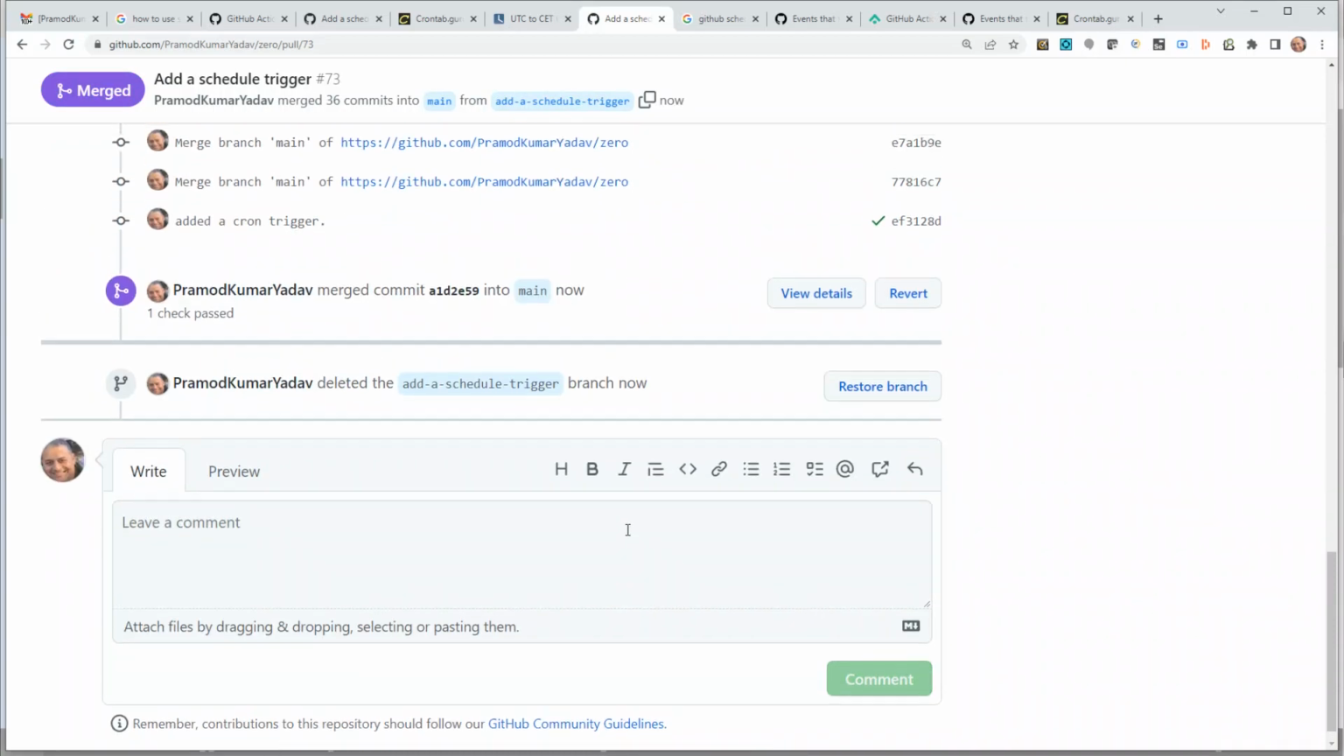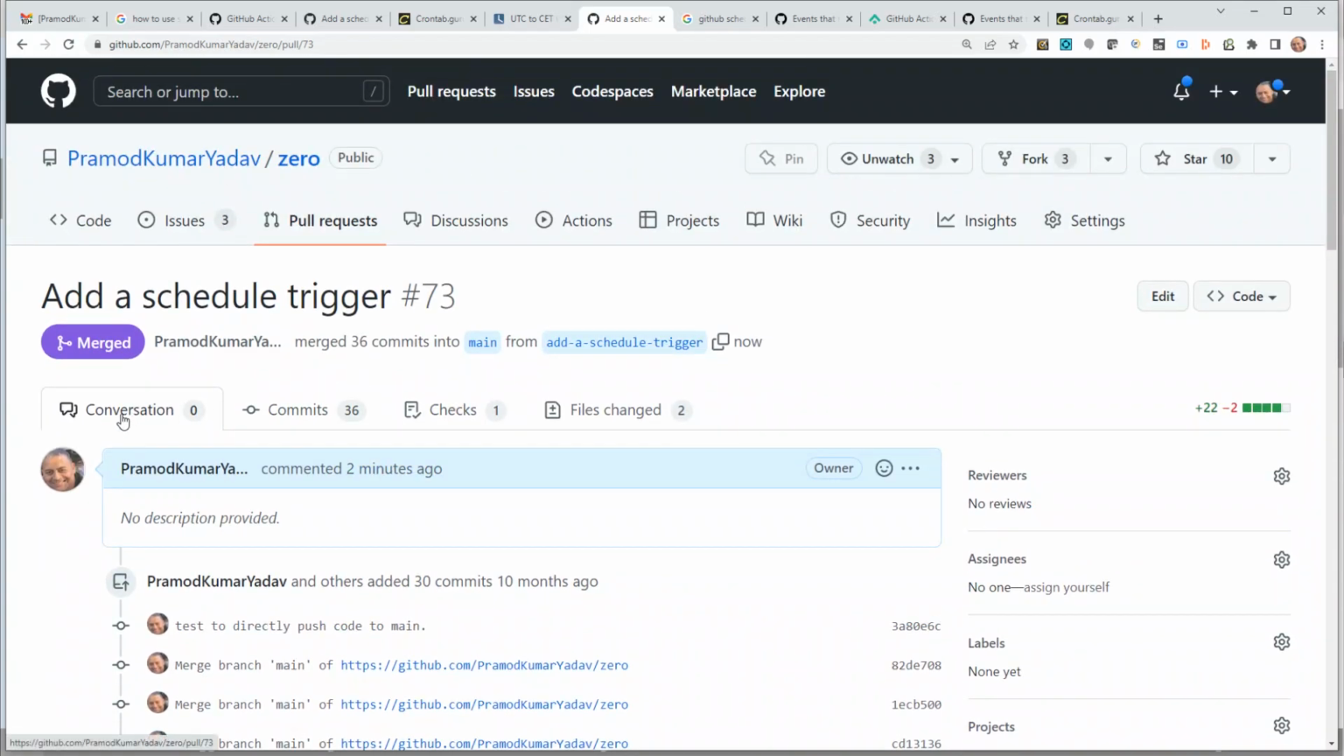Okay, so now the code is merged, right? And let's go look into the workflow files. Come on, come on. By the way, guys, until the page loads, I think one of the things that we forgot was, imagine if you are,